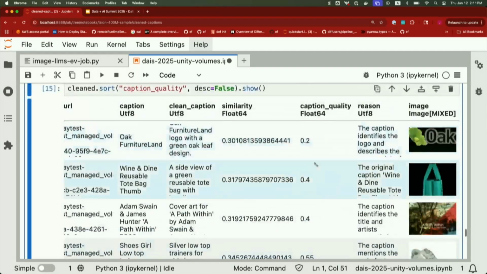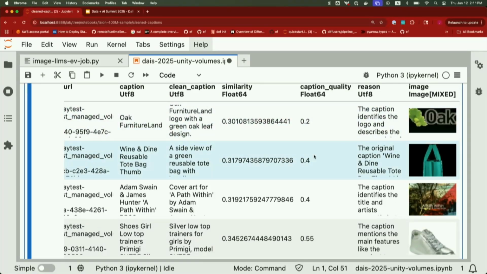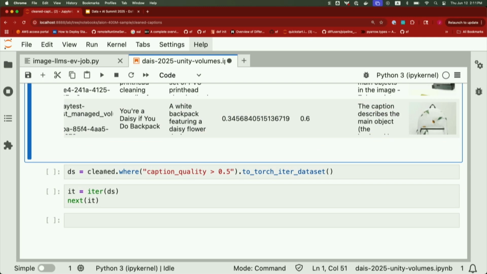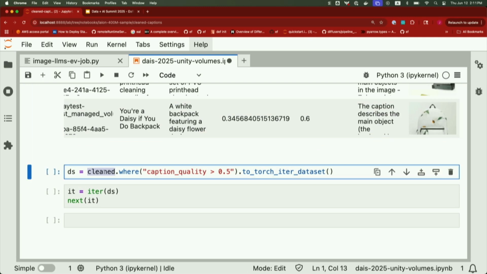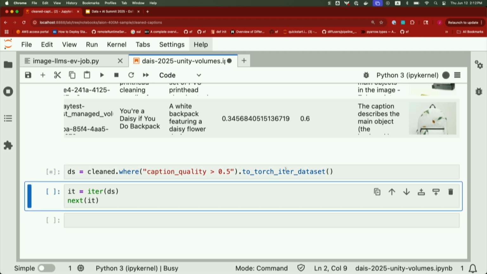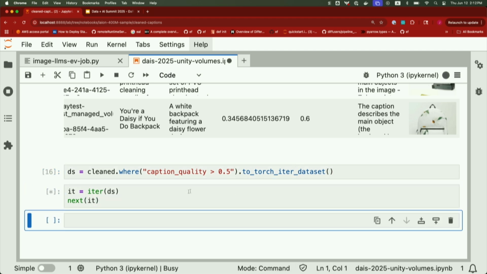So this is great, and I want to just get rid of these bad caption quality rows. So what I can do is specify, hey, given my data set, I want to filter out all rows where caption quality is not at least 0.5, just get rid of them. They're probably low quality, high noise data. This is how you enhance the data set quality for machine learning and AI in general. And now I'll convert it to a PyTorch data set. And now you are in PyTorch land, and this is extremely fast.